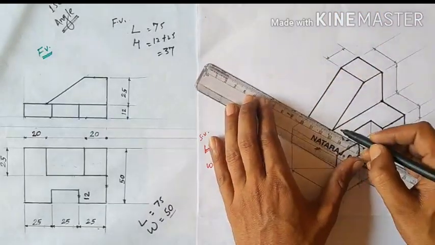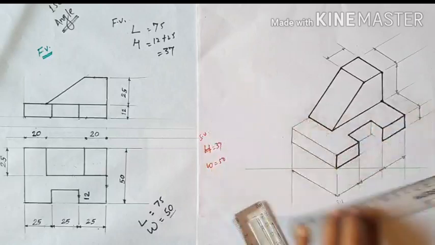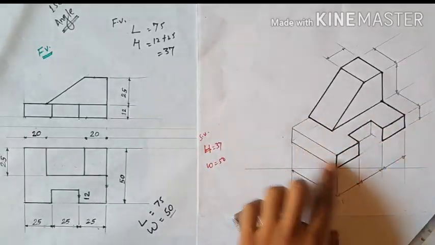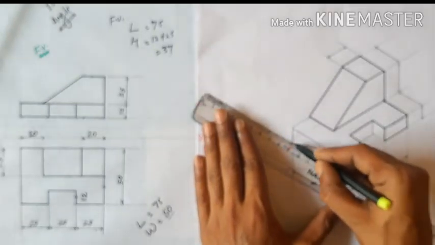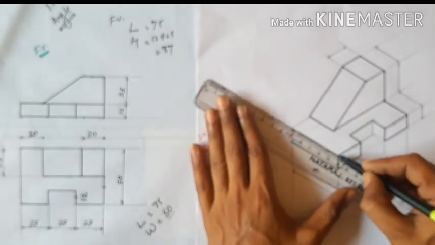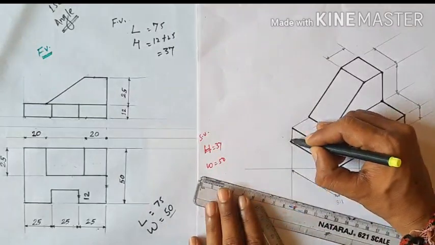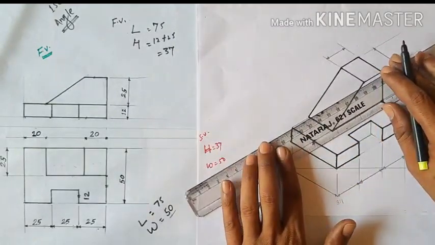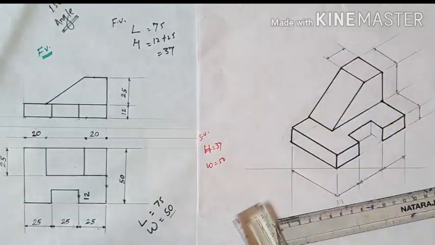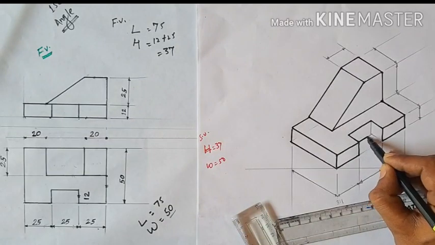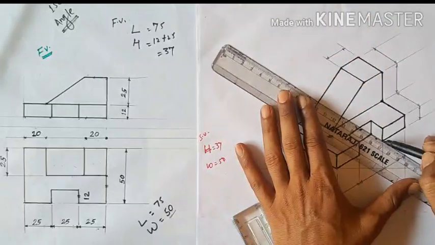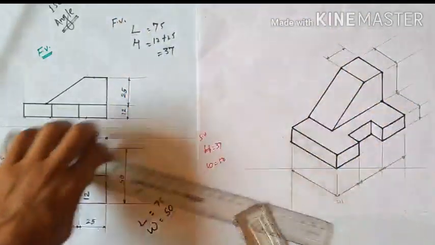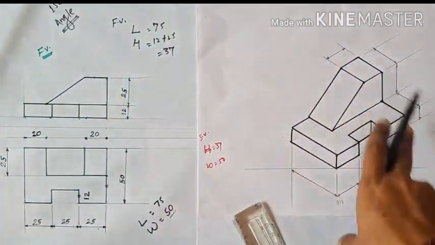Okay, like this. And now from here we haven't any side view, but we need to complete it. So here we need again a 50 mm width and 12 mm height, and join these two like this. Okay, so this completes your top, front and side view, and that means it is a complete isometric projection. Okay, so this view looks like that.